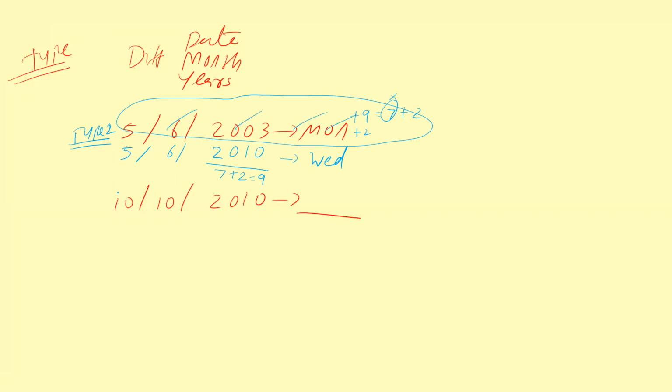Now see this: different date, different month, same year. Different date, different month, same year. So it comes under what? Type number 5. So how to do it? Type number 5. We need to know the number of remaining days in the given month. In June month, totally we'll be having 30 days. In that, 5 has got over, the remaining are 25. In July, we'll be having 31. In August, we'll be having 31. In September, 30. And they're asking us to find October 10th.